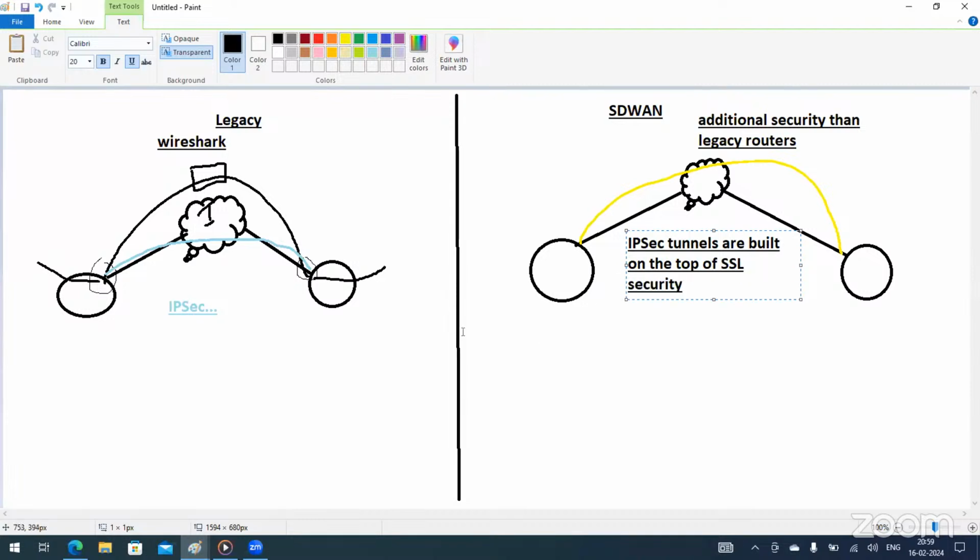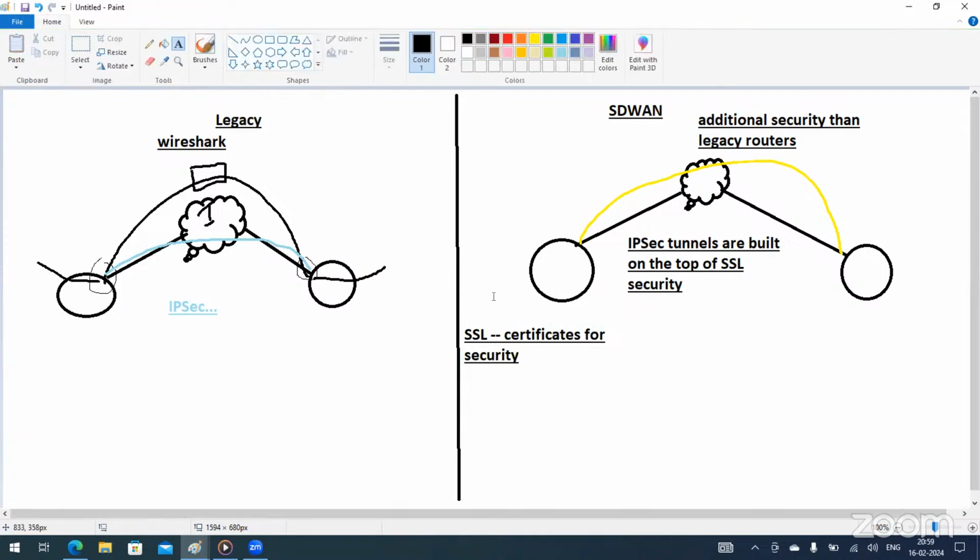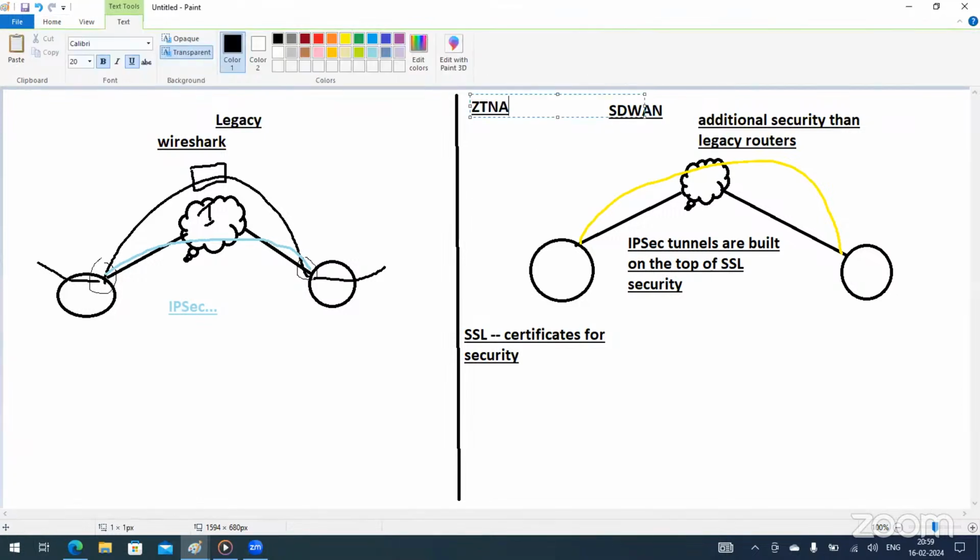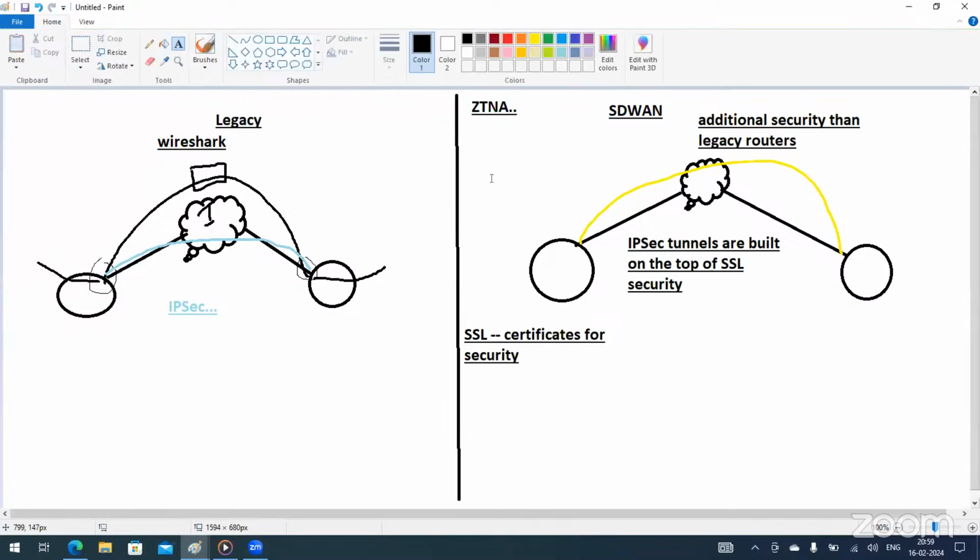So what is SSL? Secure sockets layer, right? Basically, it means that we use certificates for security, right? So we have additional layers of security in SD-WAN. Zero trust network access, ZTNA. That means each and every device, right? If I plug on another router in SD-WAN side, then this router,